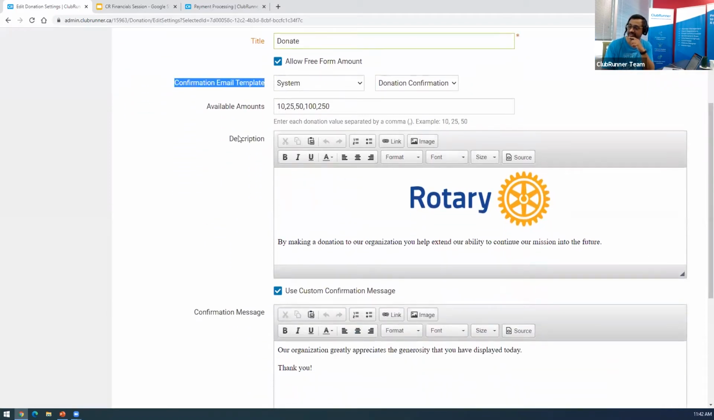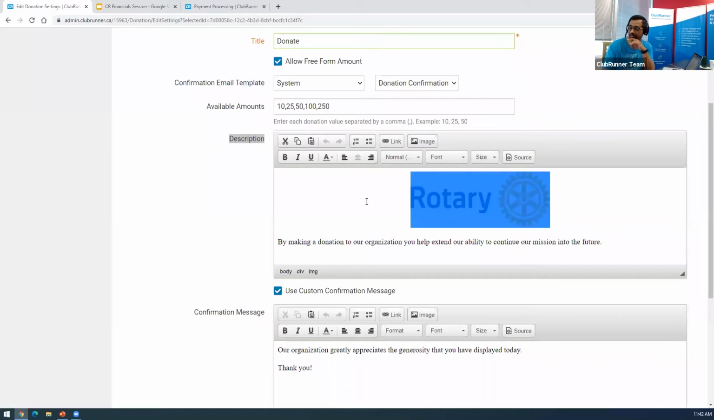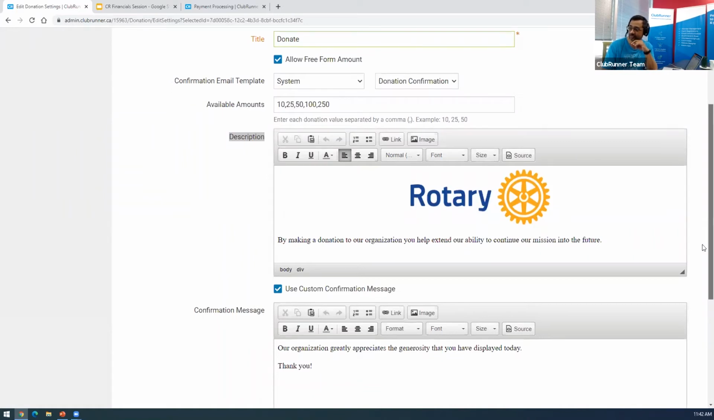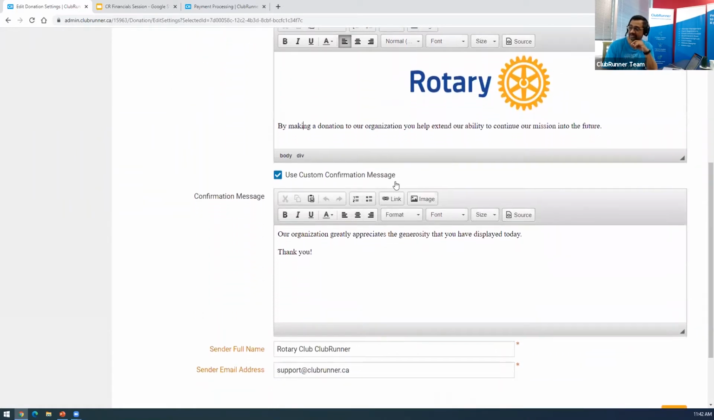The description, this is what people will see on the live website. So this has already been pre-built. We've got the Rotary logo. We've got a little intro blurb. You can make yours as fancy or as simple as you'd like it to be, okay? Just scrolling down just a little bit more, you'll see here, use custom confirmation message. All right, so we're definitely going to use that. And this is our message. You can basically customize it to say whatever you'd like, but a general thank you for your kindness and generosity,